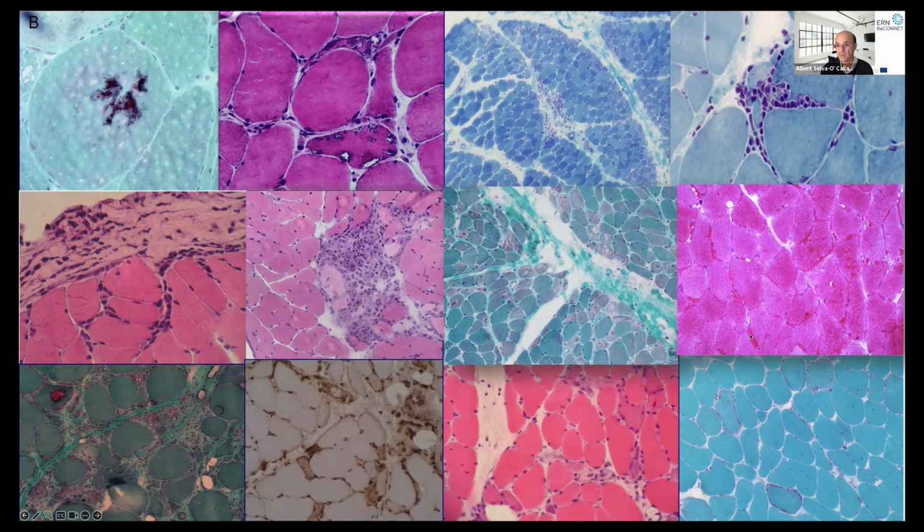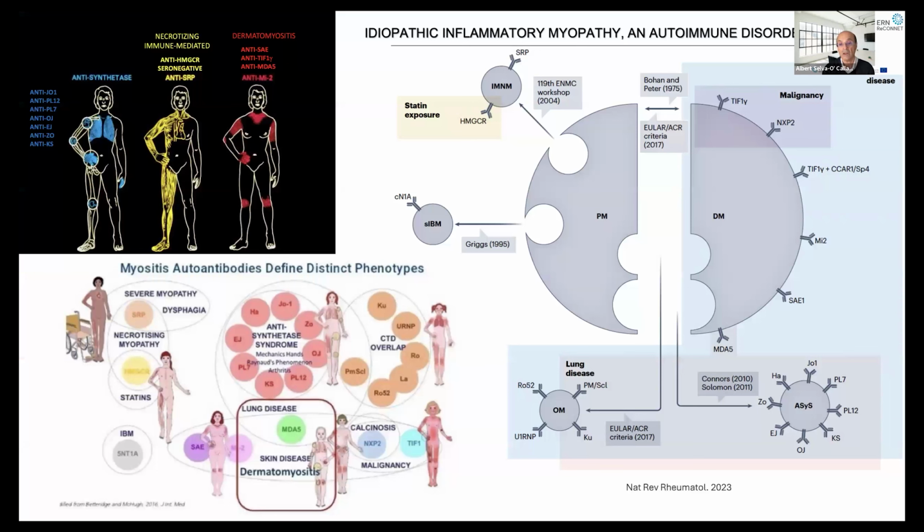You can see here the positive deposits in the muscle fibers of this dystrophy, dysferlin, and also a mitochondrial myopathy with these ragged red fibers. So the muscle biopsy is useful for clinicians, but as I said before, it's not only the muscle that is affected. So we have the muscle biopsy, we have the clinical grounds, but today we're here to talk about